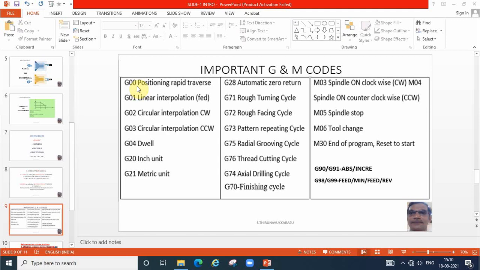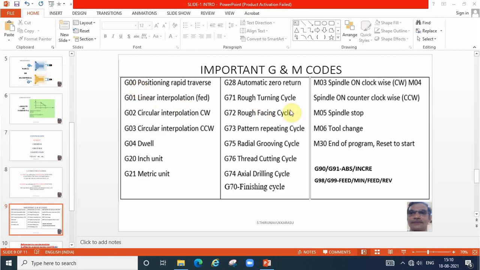The particular tool number is given after M06, M06 T01, and following one more 01, M06 T01 01. That another 01 is nothing but an offset. That we will see later. M30 is a program end, already I told, or M02. So these are all some important G codes and M codes.